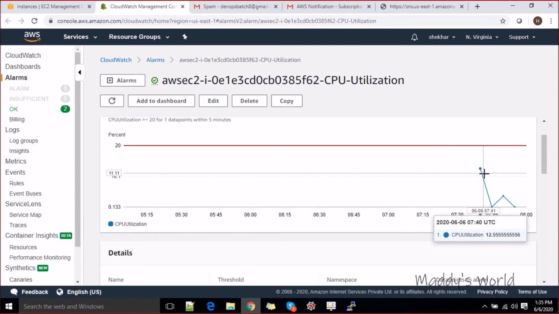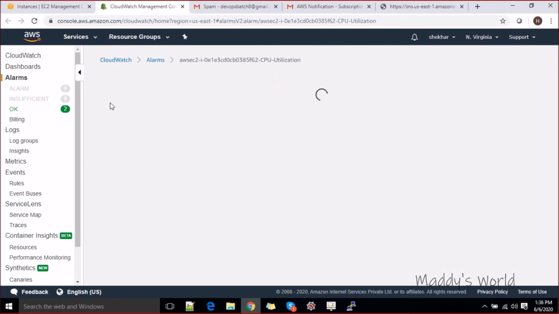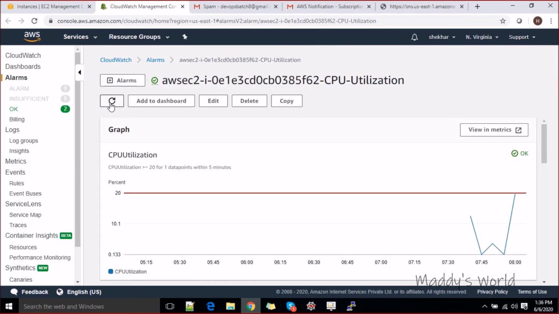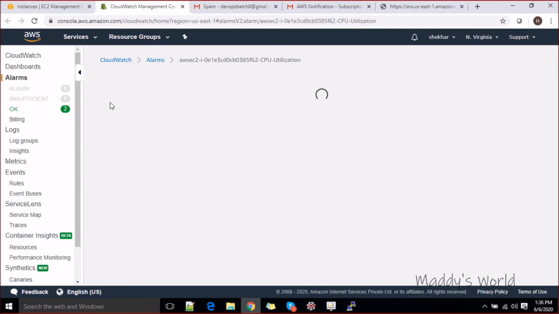See here, it was less, now it's getting pretty high. So let's wait for some time. Refresh this too. Now you see more spikes here.